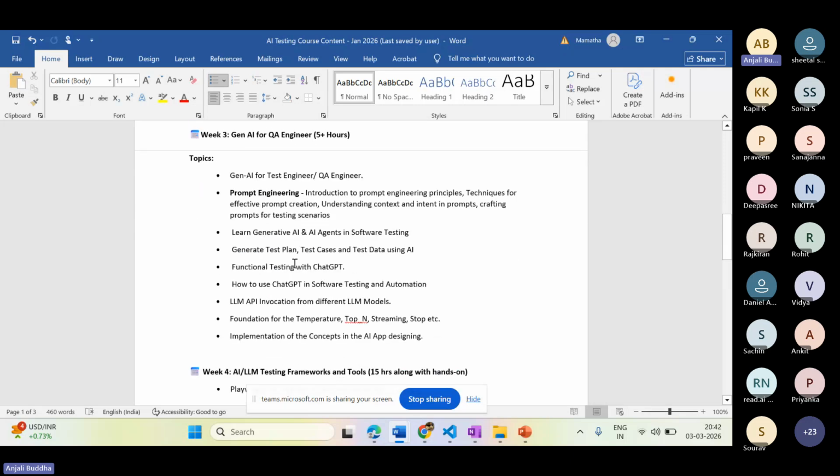Once we are done with this, we are going to learn about GenAI for the QA engineer. So we have learned a lot of things from the beginning to here. From this particular module, it's kind of applying knowledge. So you know the GenAI, you know the frameworks. Now as a test engineer, by using these LLM models, by using these AI agents,